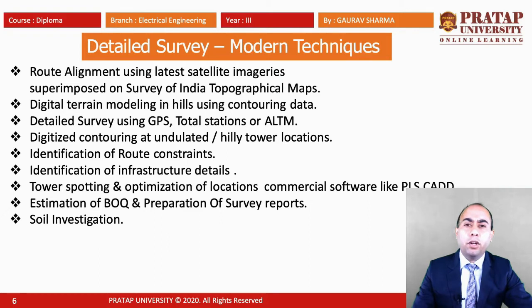Now when we talk about the detailed survey, or we can say the modern techniques we are using, that is route alignment using the latest satellite images superimposed on Survey of India topographical maps. We already discussed the topo maps. Then digital terrain modeling in hills using contour data, and detailed survey using GPS, total station and ALTM,